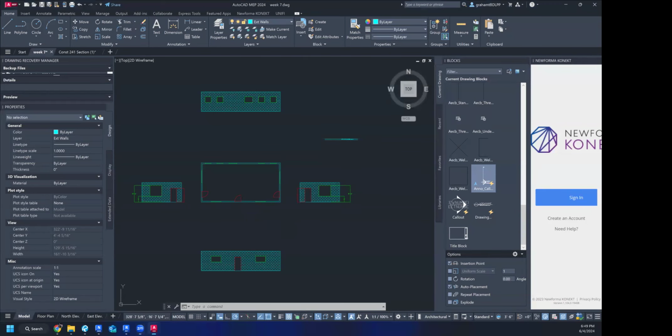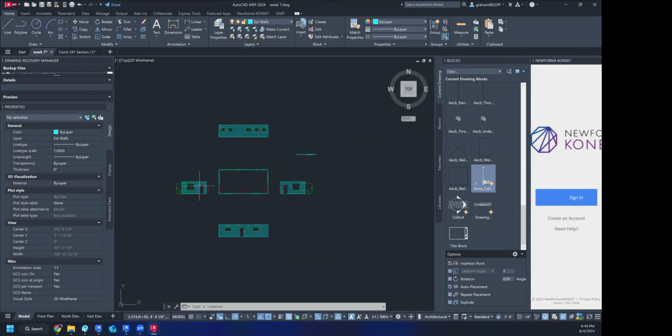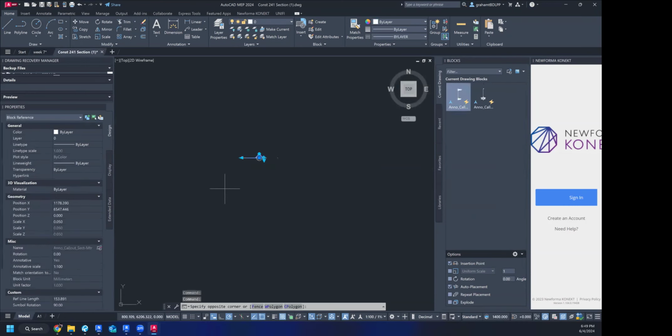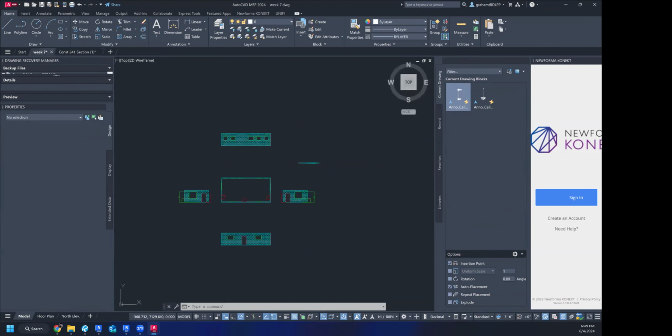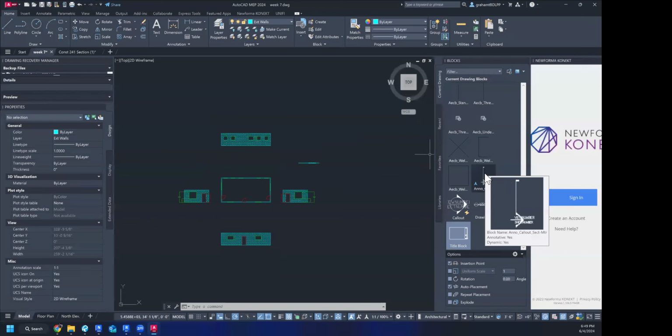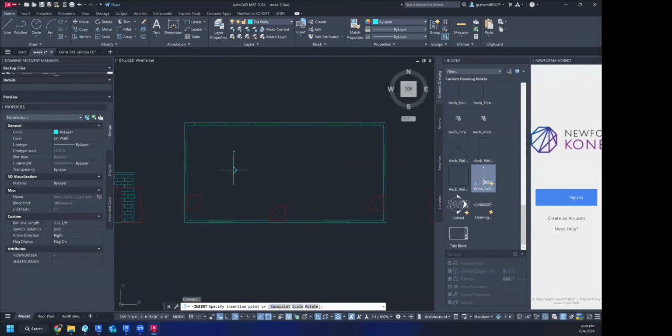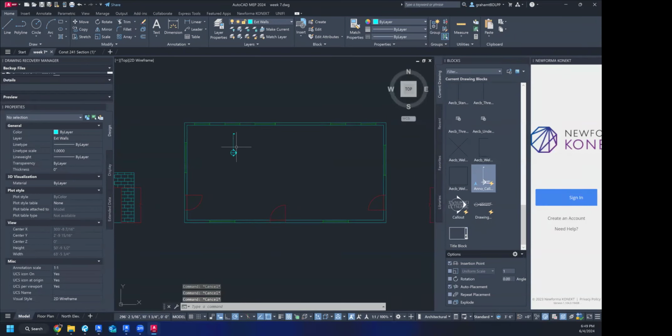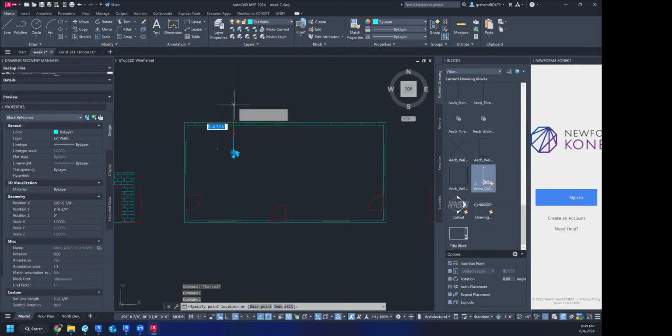So earlier we were having a little bit of issues with this annotation section head callout. What I want to do is, once you've brought it in and copied it in from a different file, it should be here in your blocks on the left-hand side. You should have one now called Anno callout section MTR. If I click that just once and bring it over, it should come in as a 1-to-1 scale. And when I change that section head, or change the rotation on it,